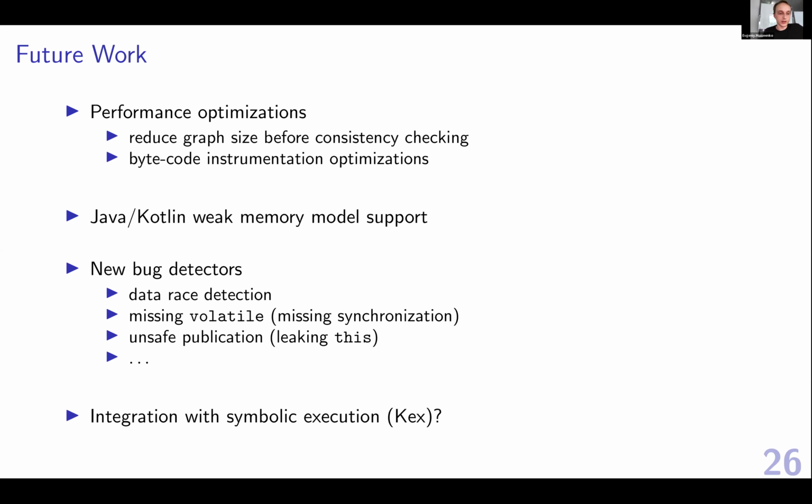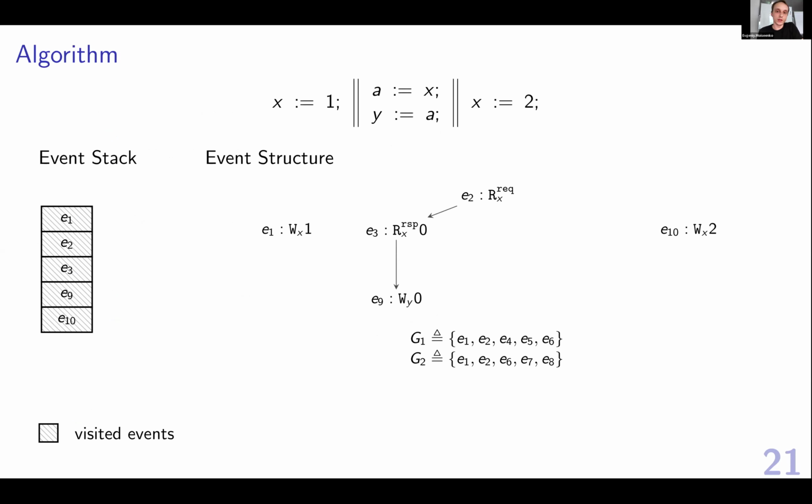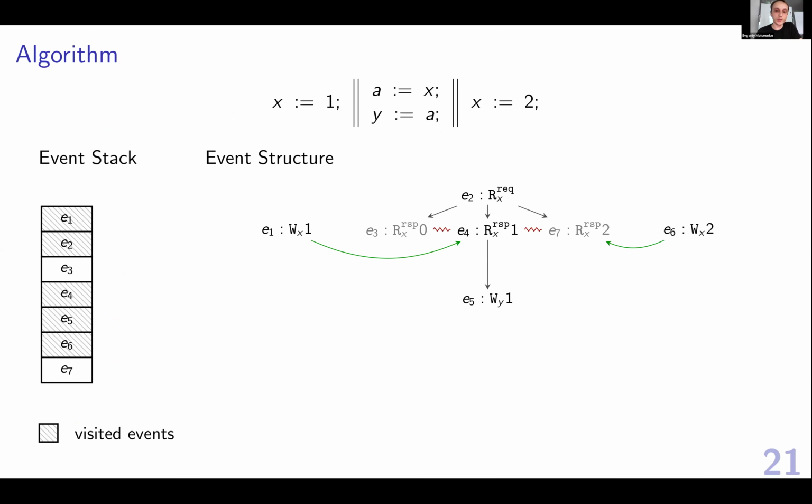Another interesting direction, at least from an academic point of view, would be to try to integrate this with symbolic execution. We have this nice Kex tool in our lab, so maybe it would be worth considering this direction too. Why is it a natural way? Because if you look closely at this partial order reduction algorithm, it is